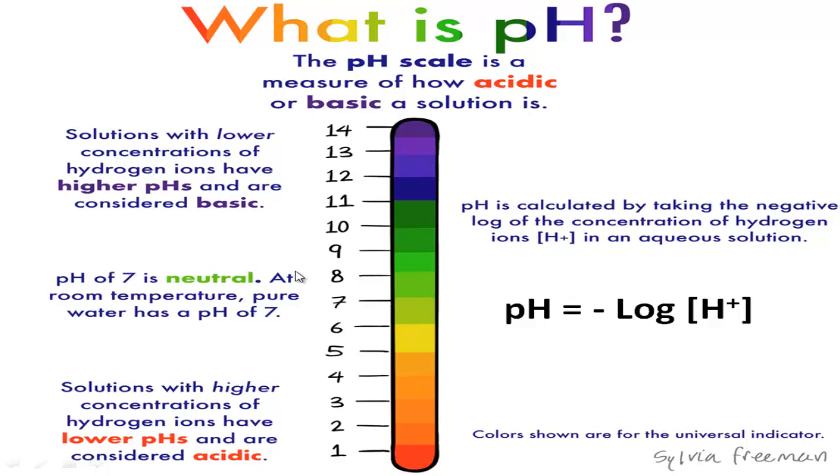That means when we add acid in water, or for an acidic solution, the hydrogen ion concentration will increase and the pH value will decrease from 6.9 to 0. So solutions with higher concentration of hydrogen ions have lower pH values and are considered acidic. So when we get a pH value from 6.9 to 0, we think this is an acidic solution, or the nature of that substance is acidic.